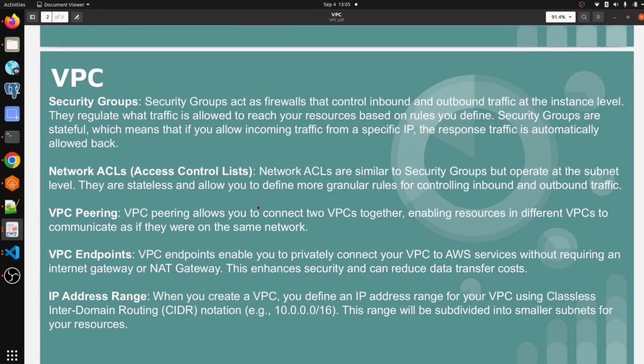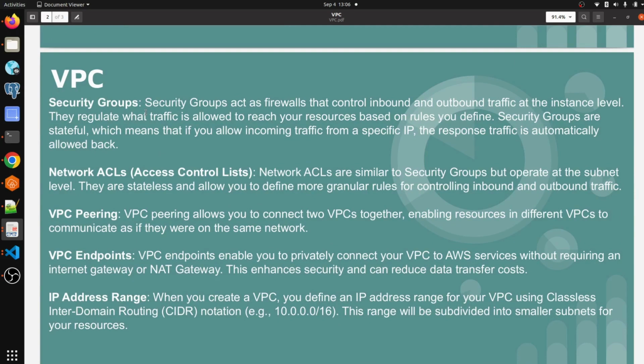Another tool we have is the security group. A security group acts as a firewall that controls inbound and outbound traffic at the instance level. It regulates what traffic is allowed to reach our resources based on the rules you define. Security groups are stateful, which means if you allow incoming traffic from a specific IP, the response traffic is automatically allowed back.